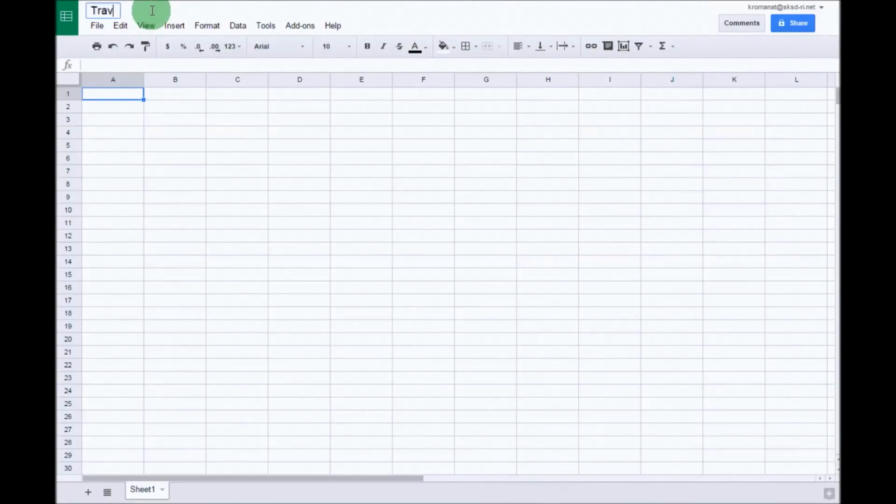Let's name our spreadsheet Travelog. Now, this isn't an empty exercise. We are going to be using this sheet, this Travelog, for a project coming up. All right. The first thing we're going to do after naming our file is select the rows that we're going to be working with. We're going to be working with rows